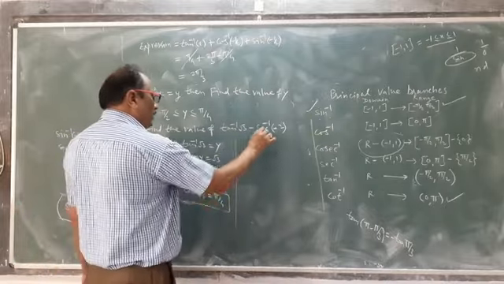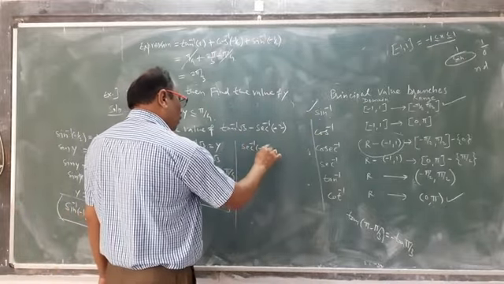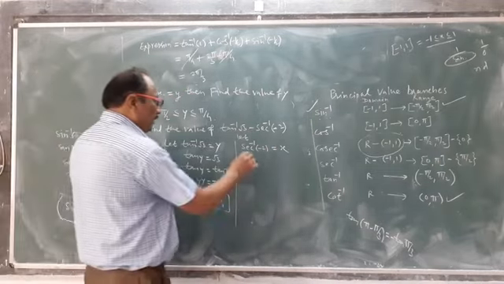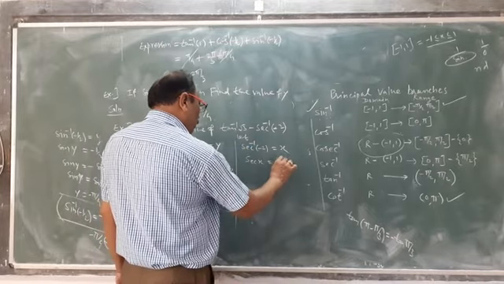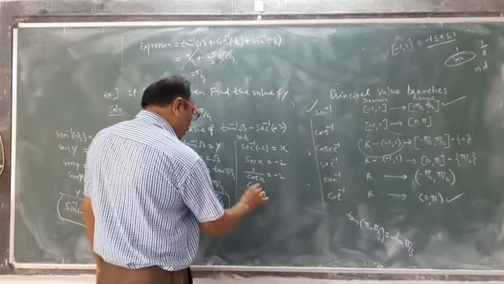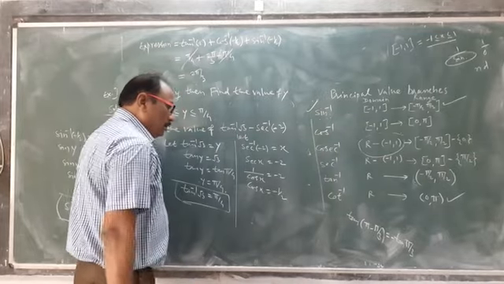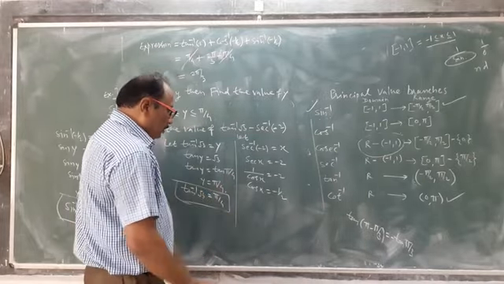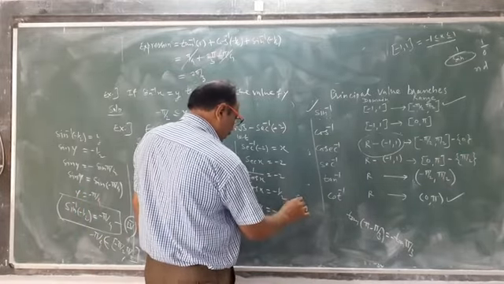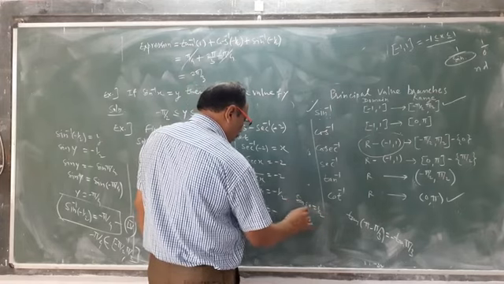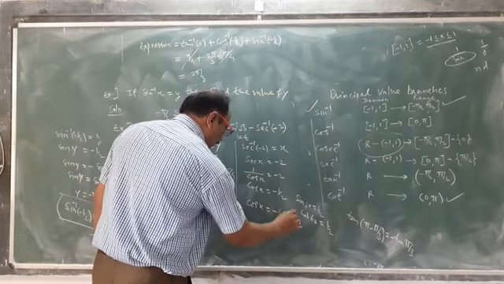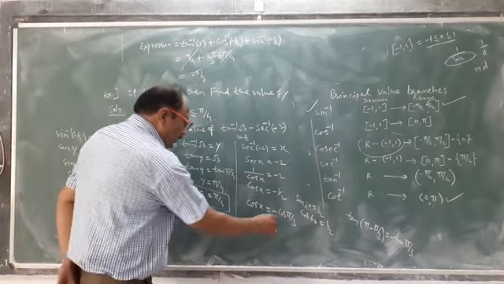Second, let sec inverse of minus 2 be equal to x. Then sec x is equal to minus 2. 1 upon cos x is equal to minus 2. Therefore, cos x is equal to minus 1 upon 2. Cos 60 is equal to 1 by 2, that is cos pi by 3. Minus cos x means what?